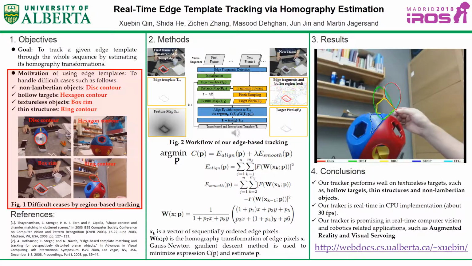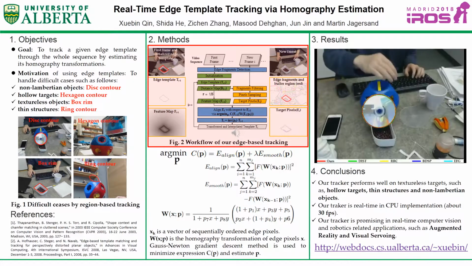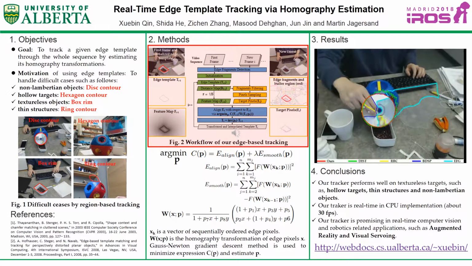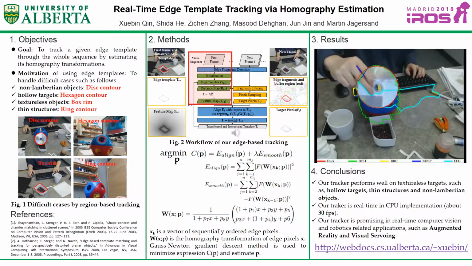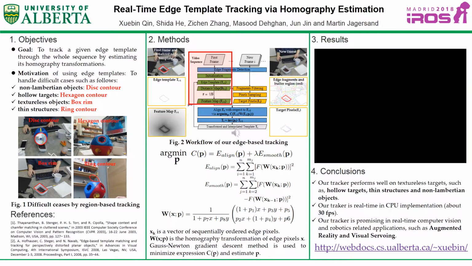Figure 2 shows the whole workflow of our edge-based tracking. The core of our method is to estimate the homography transformations between two consecutive frames. The method mainly contains three parts. First, given the to-be-tracked edge template, manually initialized in the first frame or tracked from the previous frame,